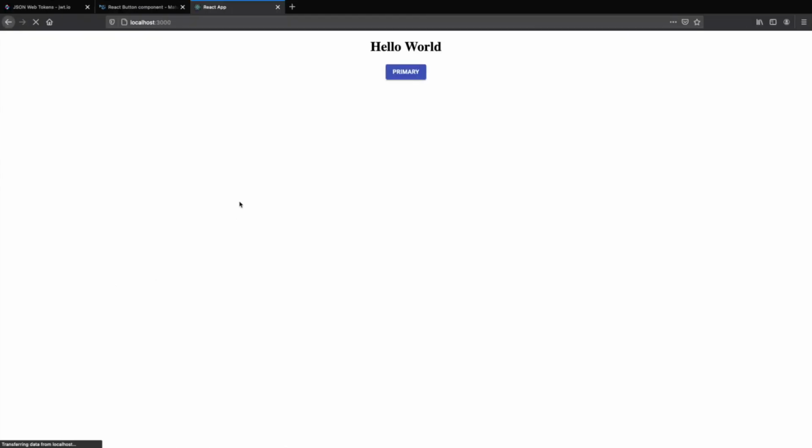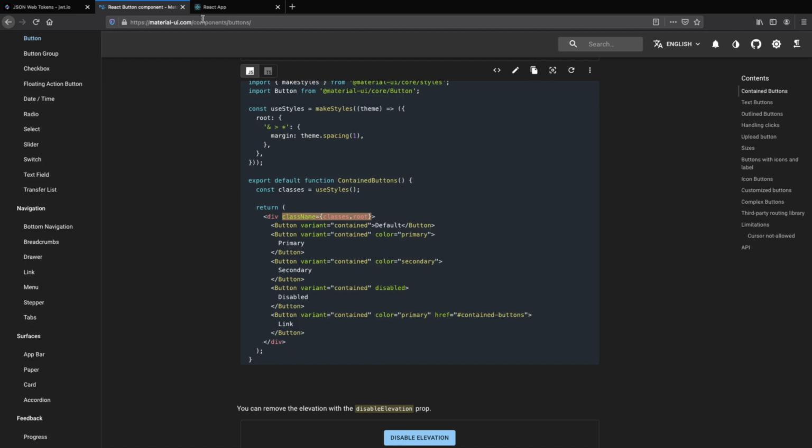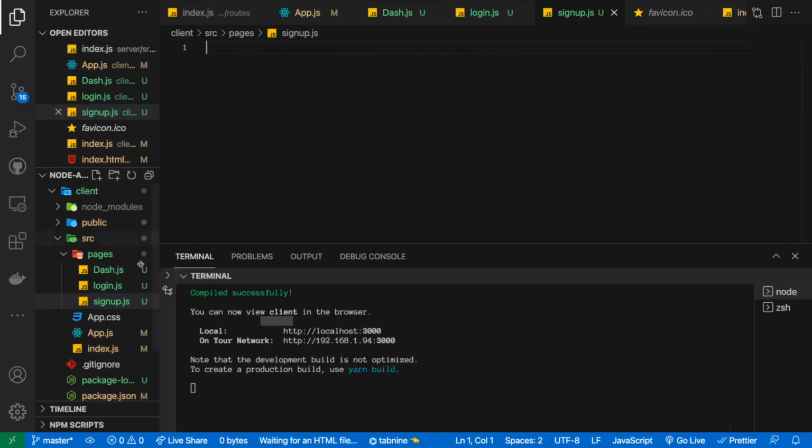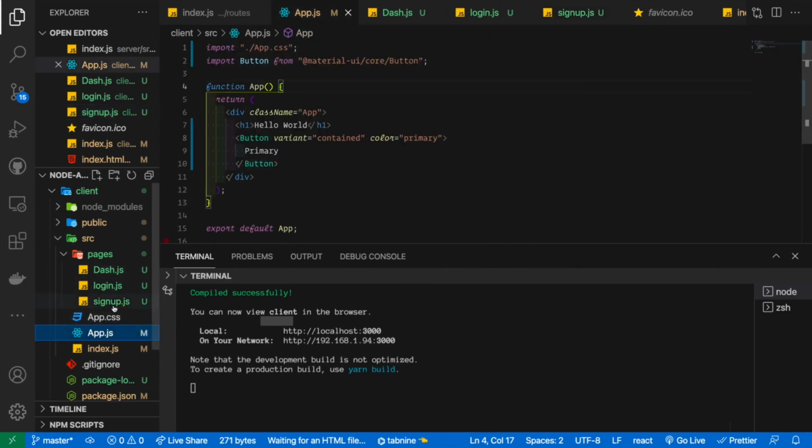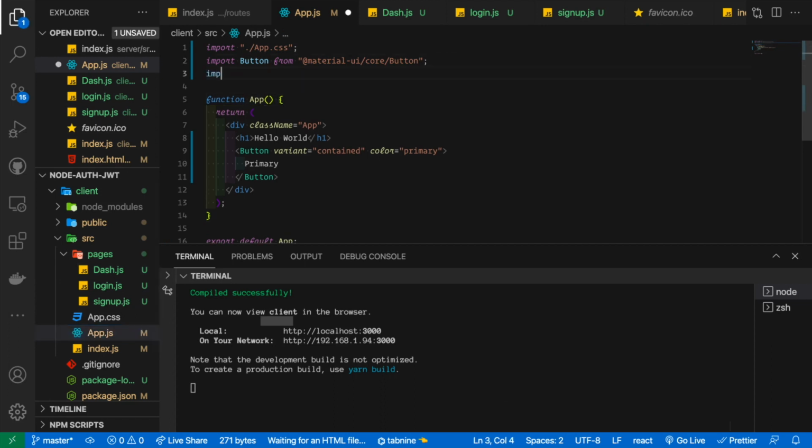Cool. So let's go to right here, and let's import. Should we import those 3 pages in the app? Yeah, sure. Why not? Let's do import dash from